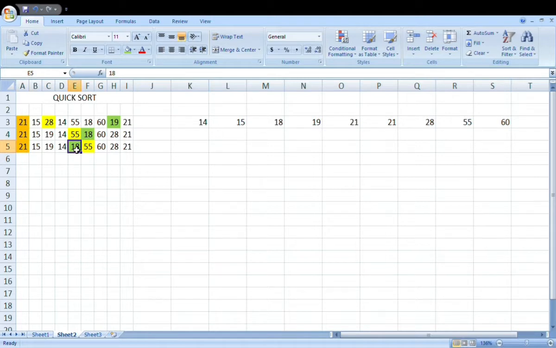So this is smaller than 21, right? So it will swap this 21 and 18. Now if you see, the beauty is all the values smaller than 21 are on the left hand side. Okay, that's the beauty.